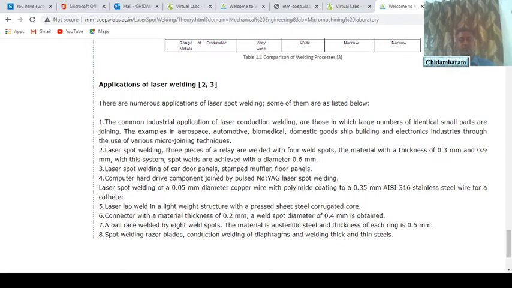Laser is also used for hardening purposes, cladding, and razor blades are also manufactured using laser welding, especially the twin blade system. In the Gillette twin razor, the thin blade is welded to a plastic handle. So from this what we infer is we can join metal and non-metal also with laser welding.